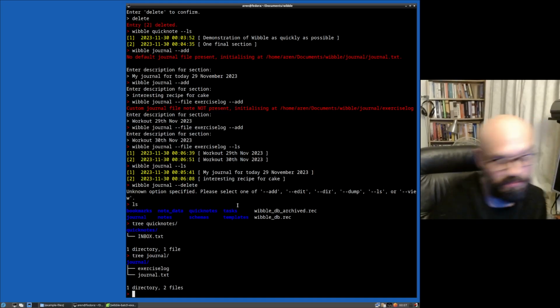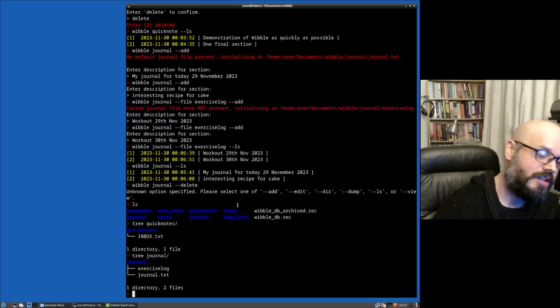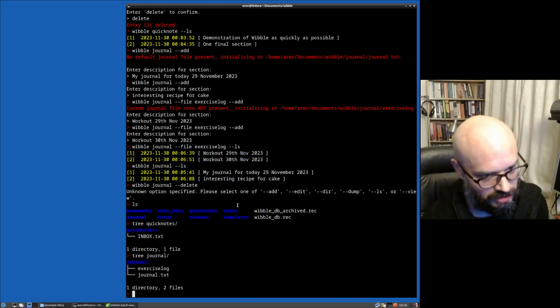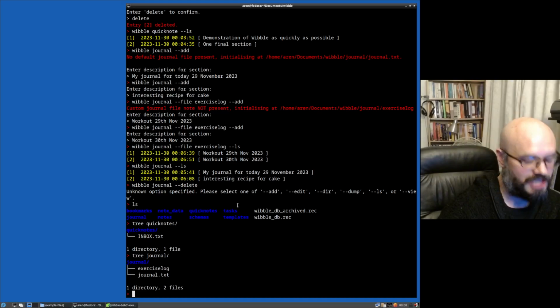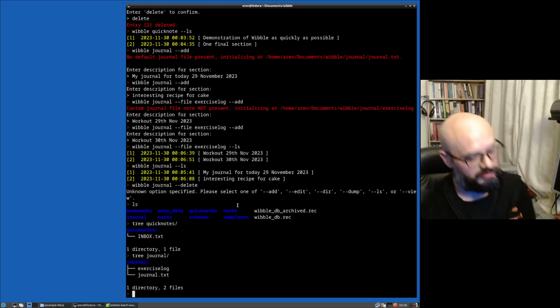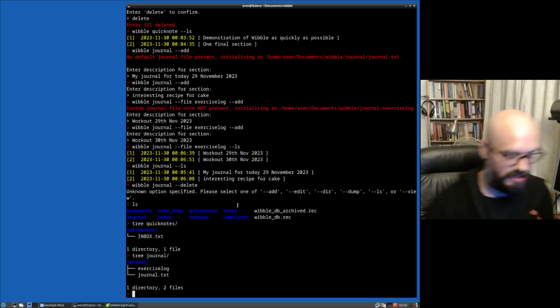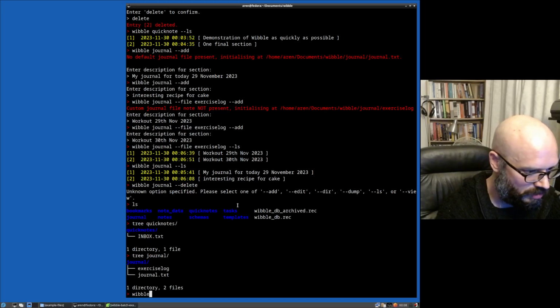And if I have some complex task management needs, then I will in fact create an org mode file and use all of its incredibly wonderful, detailed task management capabilities. Or if I really need it, use some project management software with all the Gantt charts and all that sort of thing. I just wanted literally a super fast list. So let's look at that. Wibble task